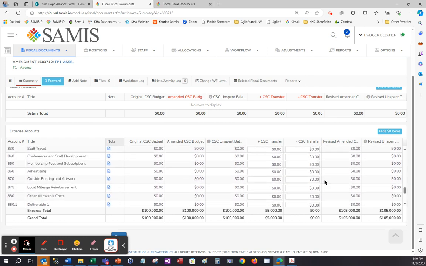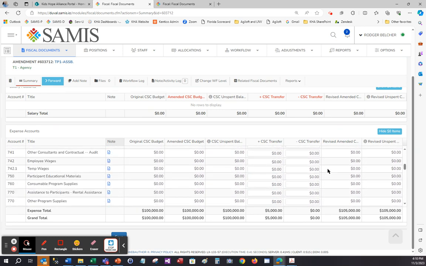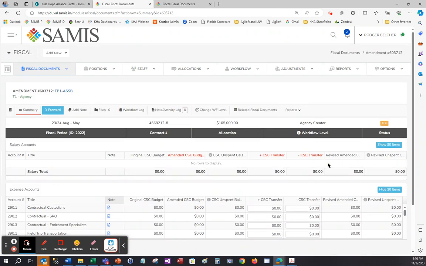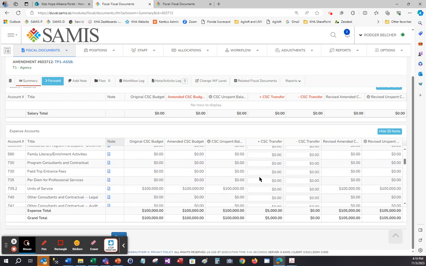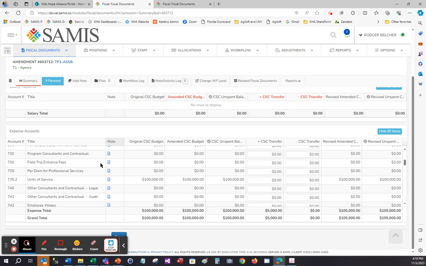Before I leave the worksheet here, I want to say that it's also possible, although it's not the scenario I'm showing, that you can remove funds from one line item, let's say the units of service line item, and place them on another line item if that's approved. So when you do that sort of thing, you simply click in the negative CSE transfer button, put the amount of money you want to take away from that line item, and then you would go to the other line item that you want to add it to on the positive CSE transfer column and add it in there,